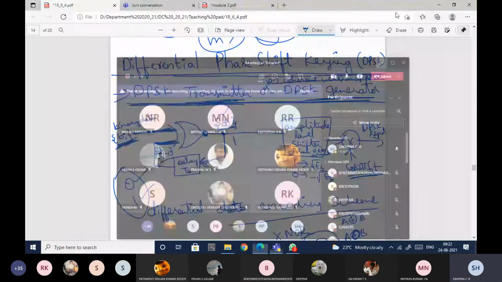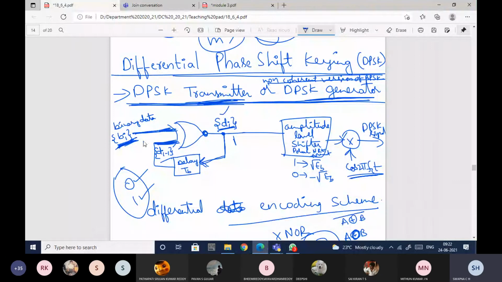Bi and di minus 1. Based on whether bi and di minus 1 are the same, the output will be equal to 1. If bi and di minus 1 are different, then the output will be equal to 0. So this 1 that I have is given to the level shifter, and as I've already mentioned,